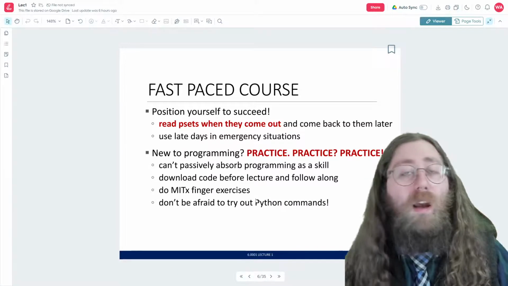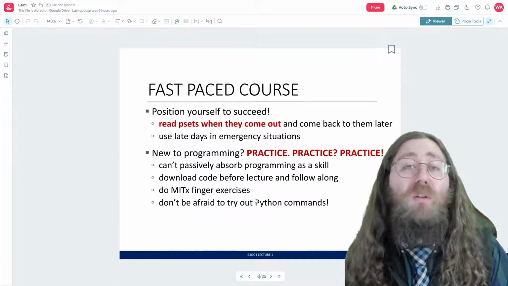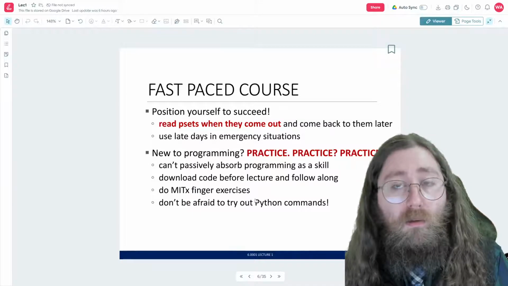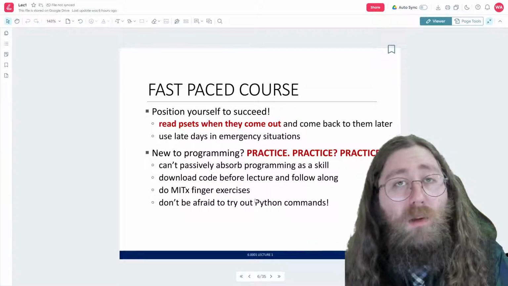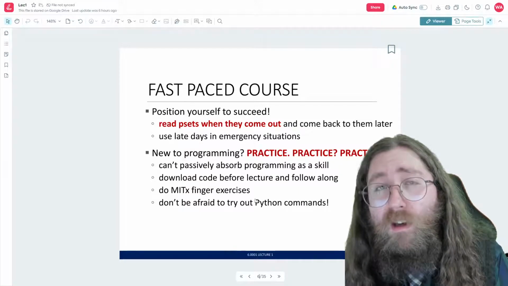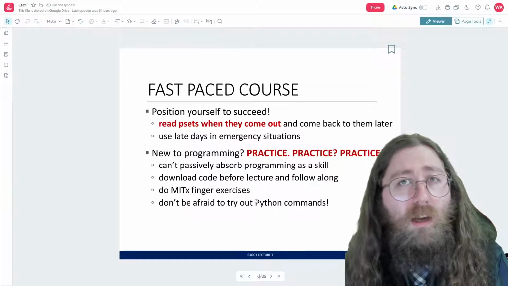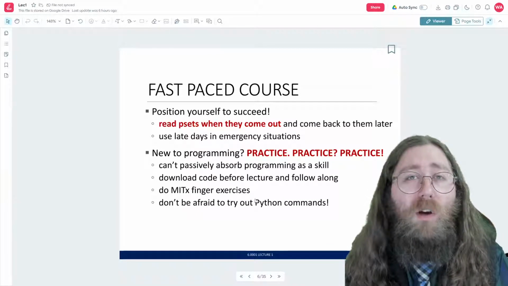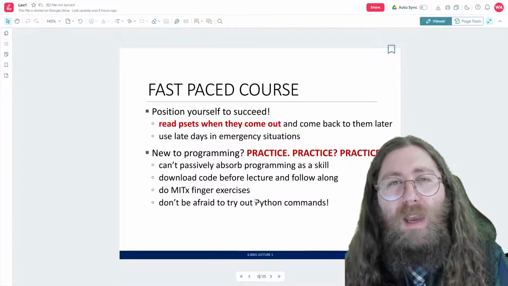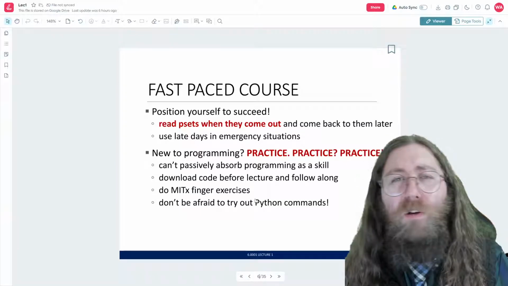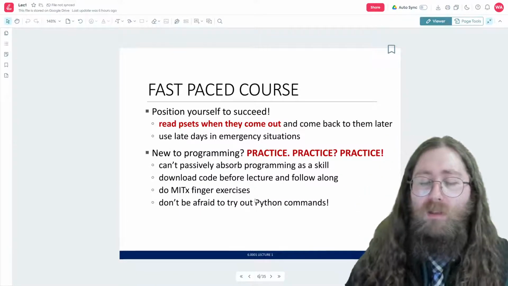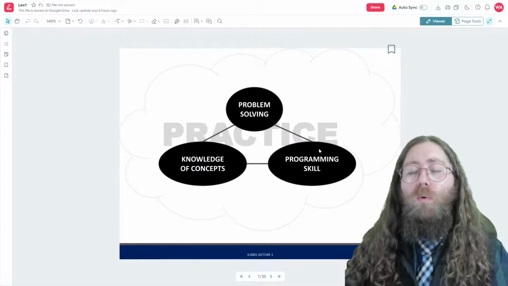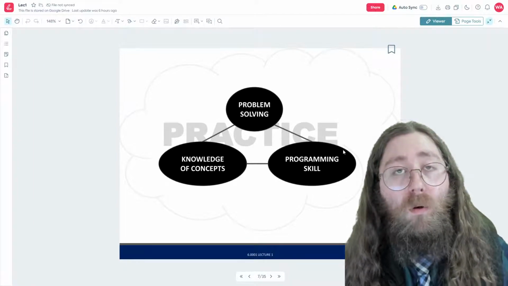So let's not be afraid to try out these commands in Python. You might be concerned that you might break your computer by typing something into Python. That's probably not going to happen. There's been some situations where I've stressed out my computer trying to brute force something in a programming challenge, but for the most part, the computers handle what we're doing in Python very well. And as long as you're not messing with packages that are maxing out all your threads or something like that, you'll probably be okay, right? So don't be afraid to try this stuff out. Can't break it.